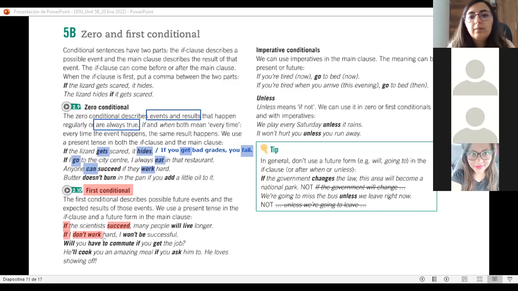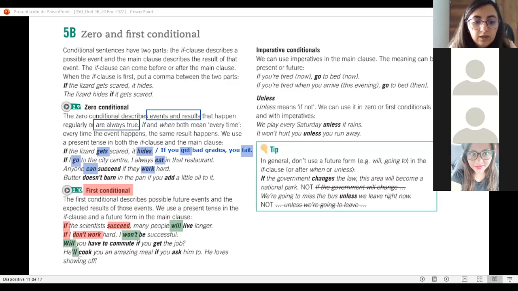Es muy probable que pase. ¿Sí? Entonces, este first conditional lo ocupamos cuando son eventos o situaciones que son muy posibles de que sucedan. ¿Sí? La primera parte, como veíamos, la if clause va a estar en presente y como hablamos de situaciones a futuro, ¿no? El resultado o la main clause va a llevar el auxiliar will del futuro para referirse a lo que podría pasar, ¿no? A la consecuencia.